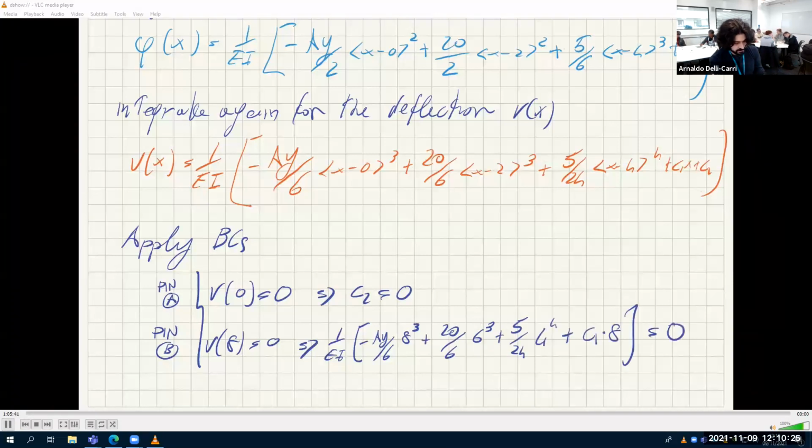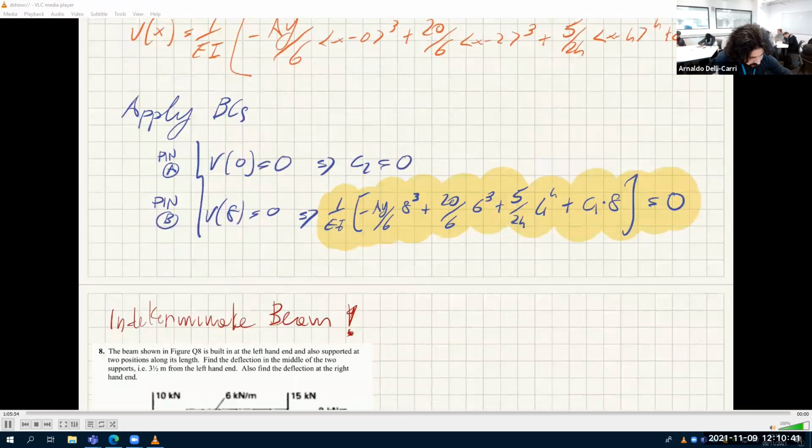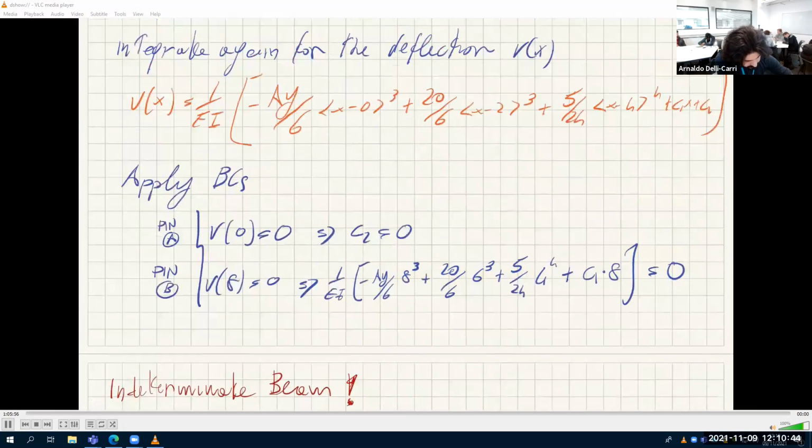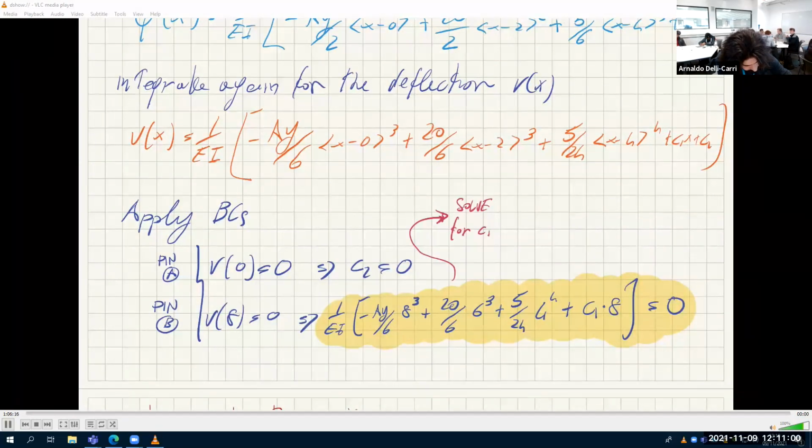Now this equation here, you can solve for C1. Okay, C1 is the only unknown here. And so solve for C1. And finally,